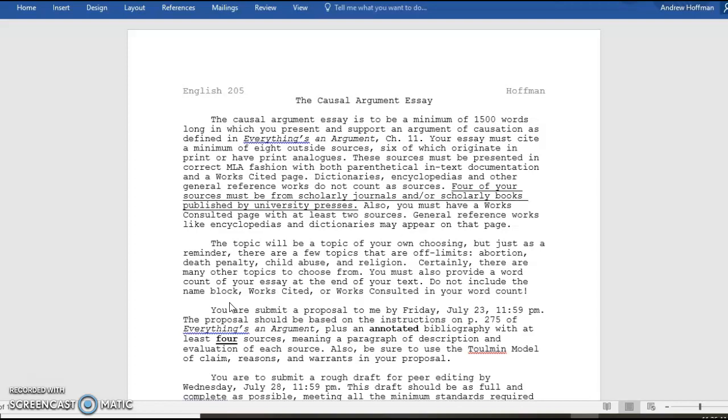Now, I'm going to be very honest about it. This is a little close to what the argument of fact essay was. In truth, I should say, the difference between the argument of causation and the argument of fact is pretty slim. It's more one of emphasis than anything else. The argument of causation argues why something happened or what is the result of something happening, whereas the argument of fact argues that a condition does exist, has existed, or will exist.